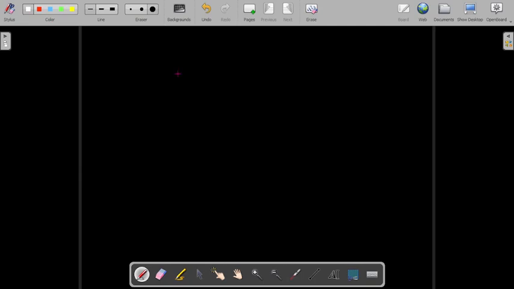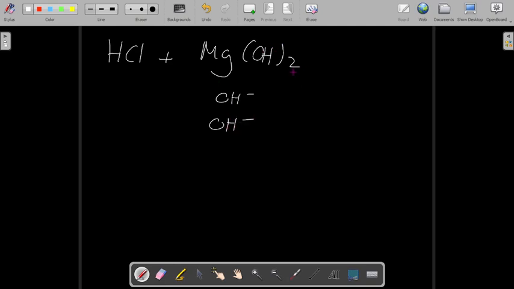First step says, write a balanced chemical equation between the two, the acid and the base. Let's do that. So we have hydrochloric acid plus my magnesium hydroxide. Break apart what you have here. You have two of them and a magnesium. What do you have here? The hydrogen and the chlorine. Well,